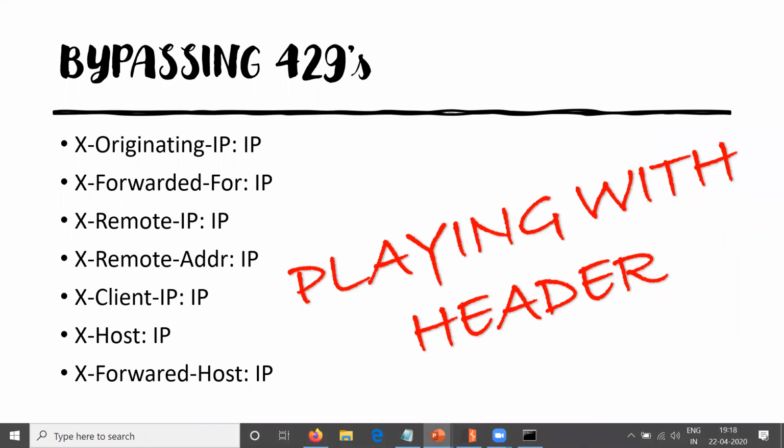And trust me, if you get a bypass, you will earn a lot, because if one endpoint is bypassed, all endpoints can be bypassed. So verification mail, comment section, forgot password. If you can bypass the forgot password thing, you can report it for verification mail as well. So this was about the rate limiting attack.